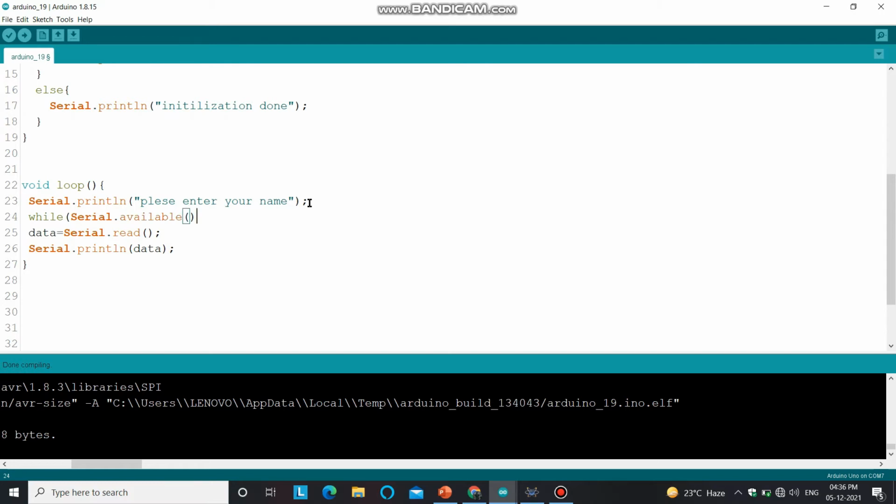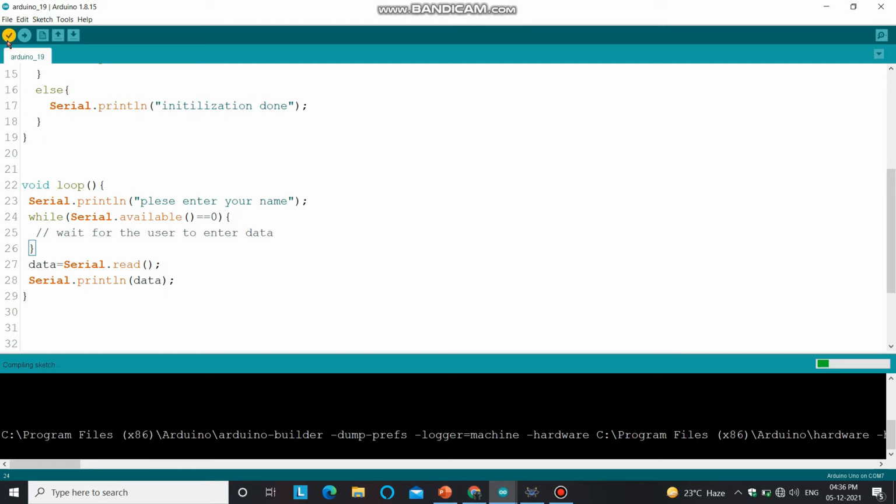While Serial.available equal to 0, that means if the user is not entering anything, then we have to just wait for the user to enter data. So this loop is completely empty. Until the user enters anything, this loop will run again and again. And so let's compile and check for our result.